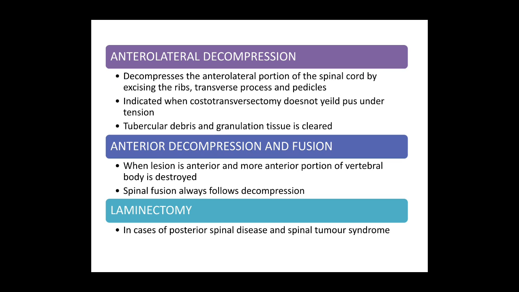What you will do is you will remove a part of the pedicle, you will remove the transverse process, you will remove the lamina, and then reach anteriorly into the vertebral body and then decompress that part. And obviously by doing this you are decompressing the anterolateral part of the spinal cord. So this is a direct decompression of the spinal cord, and this is what we usually do because, as all of us know, tuberculosis is predominantly a disease of the anterior part of the spine. Hence this gives you a better result than the indirect decompression.